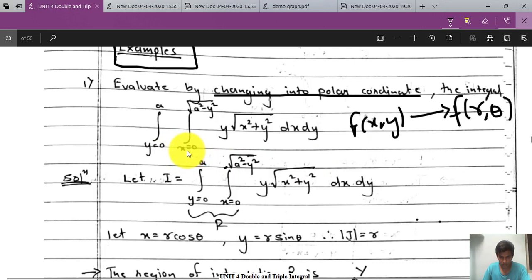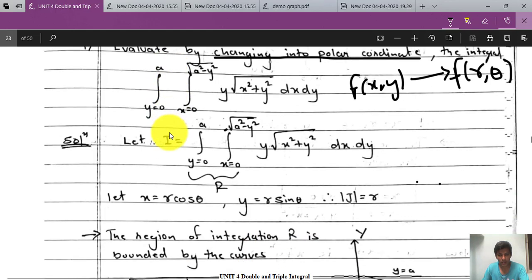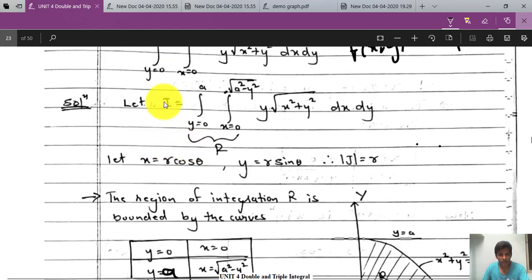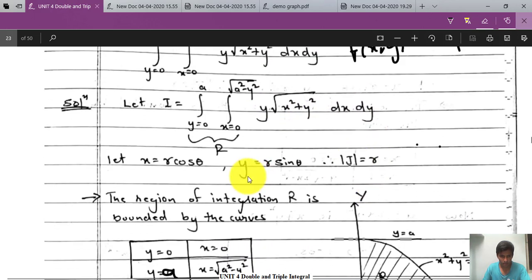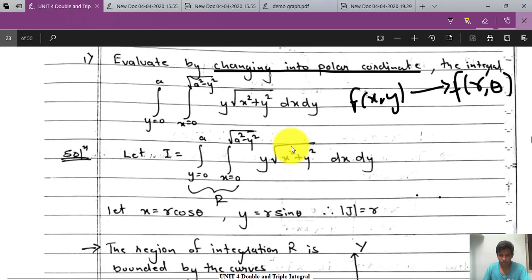And what are the limiting values? x equal to 0 to square root of a square minus y square, and y equal to 0 to a. So let I be the double integral over the limits x equal to 0 to square root of a square minus y square, and y equal to 0 to a, of the function y square root of x square plus y square, dx dy. Okay, now if I want to change this into polar coordinates, the very first step is